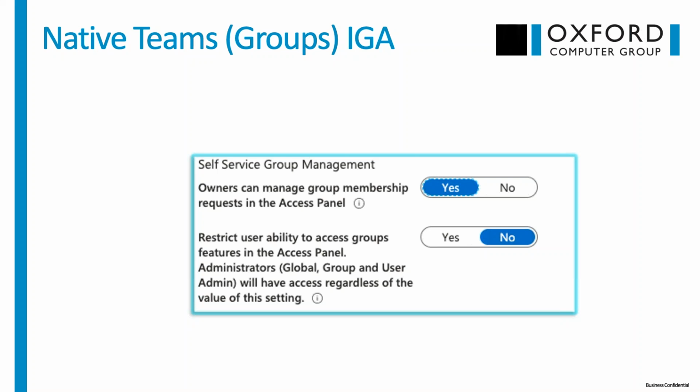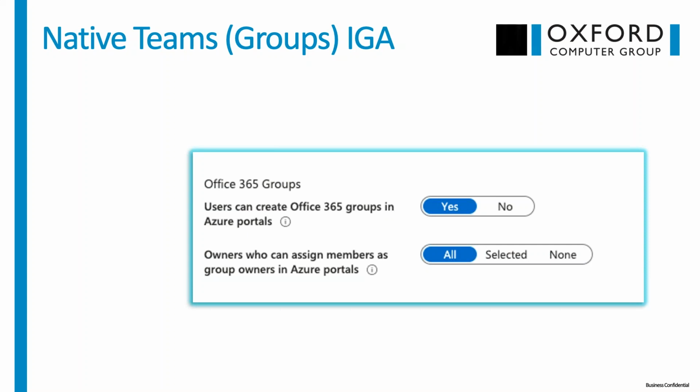Again, you look here in the self-service group management settings in your tenant, and you'll see that the ability to restrict access to groups is usually left to no. There are no restrictions for that. For O365 groups specifically, the ability to create groups is left on. It's set to yes, meaning that users can easily just spin up teams as needed,